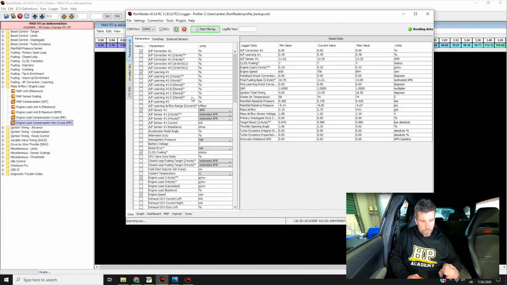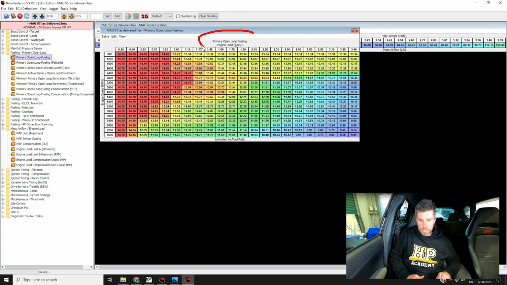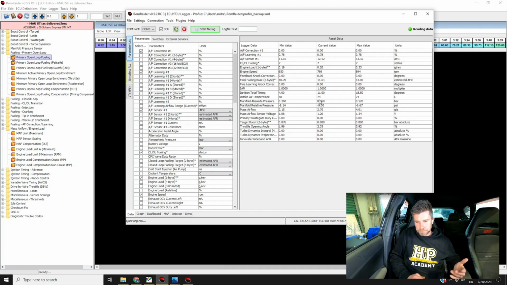If we look, for example, at our fueling primary open loop table here, we can see the engine load in grams per revolution is the load axis for that table. If you're looking at these numbers and thinking, wow, they're rich, yeah, absolutely they are. This is a stock Subaru fueling map, and you can see that particularly at high load, they're targeting at some points into the 9-to-1 region, which is just one of the reasons why with a reflash alone we can get significant improvements in the performance out of the Subarus in general. So load is going to be one of our key parameters that we need to log in there.